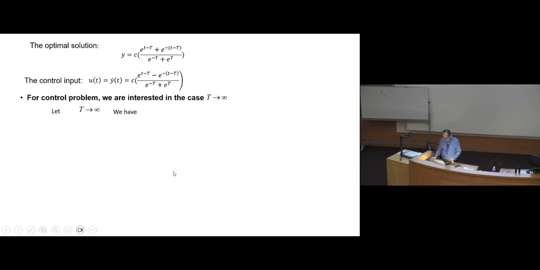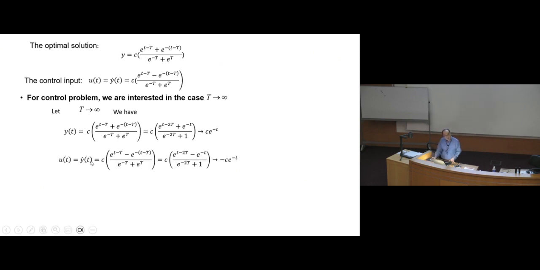This way, we just compute. When t goes to infinity, capital T goes to infinity. Okay, we change this one to this form, just divided both numerator and denominator by e to the t, right? That's why I have e to the minus t. But the capital T goes to infinity, right? And also t changes from 0 to capital T. Therefore, this term will go to 0, right? E to the minus 2t, that term goes to 0. We only have this e to the minus t. Is that clear? Capital T goes to infinity.